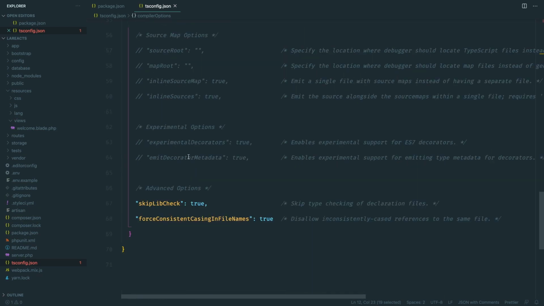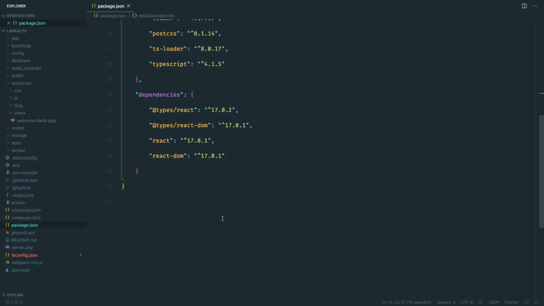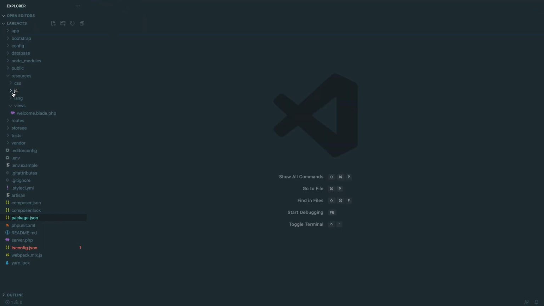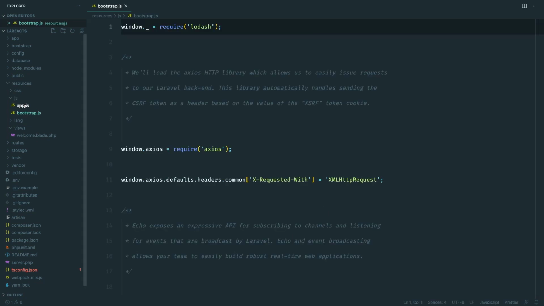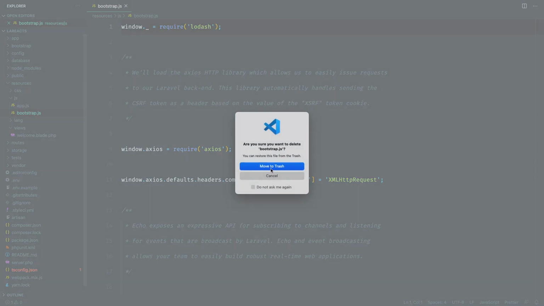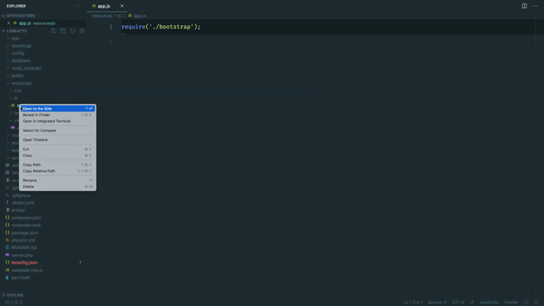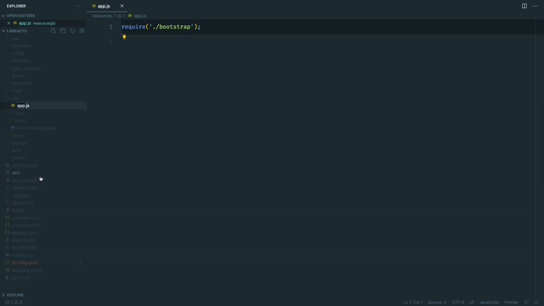So now let's keep all these things aside and get into the coding, because all of the dependencies and the dev dependencies are installed. So now let's close all those things. Within this js folder, I would like to get rid of this file, because I don't think I will make use of it in this video. I would like to rename this from app.js to